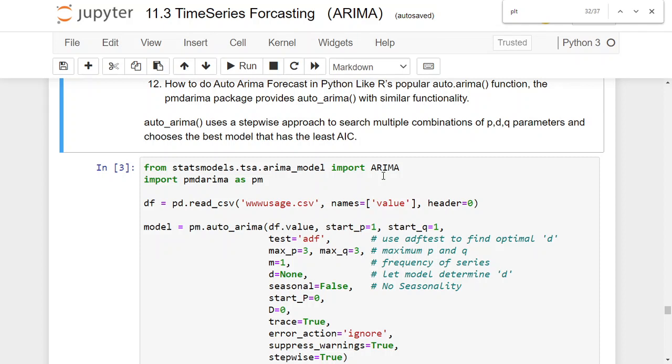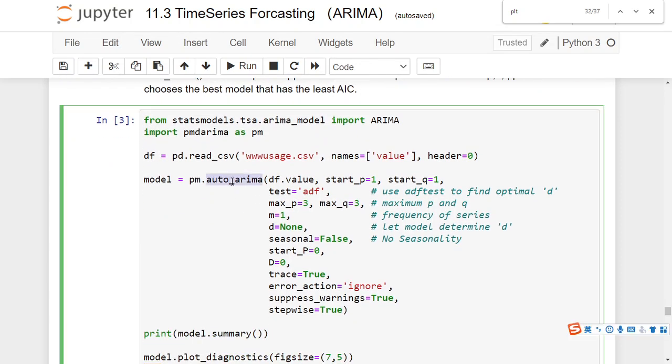So in this video, we're going to talk about how to do auto ARIMA forecasting in Python, just like R. So can we do auto ARIMA? The answer is yes, you can do that too. What you can do is load the data, and then you can just fit the auto ARIMA,